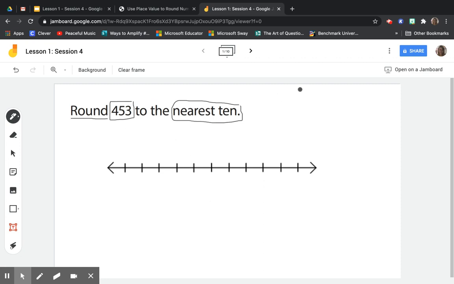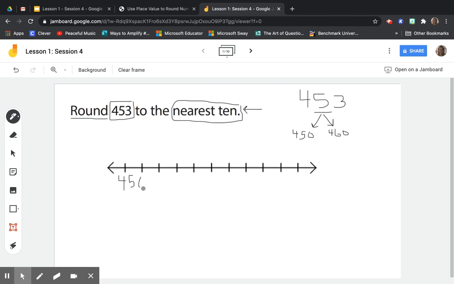453. Now remember, when I look at the number 453, it's asking me to look at the tens. So I'm going to do just that. I'm going to look at the tens. This tells me I have 5 tens. So I know that my number is going to have 5 tens, which we know is 50 on one neighbor, and I know the other neighbor is going to be 10 more, which is 60, which I can tell I need to bring my 400, so I know my 2 neighbors for 453 are